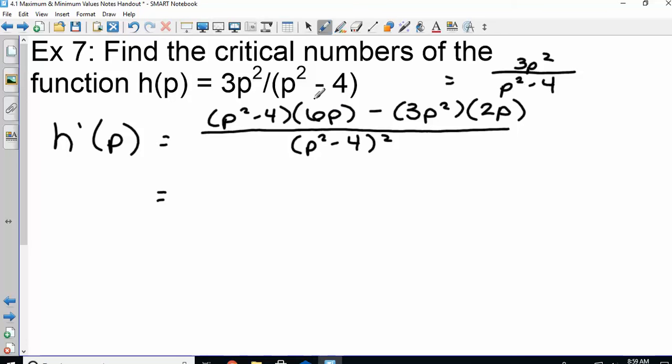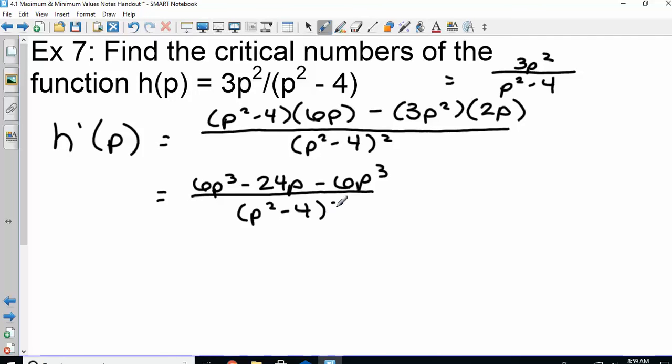Okay, so if we distribute 6p cubed minus 24p minus 6p cubed,